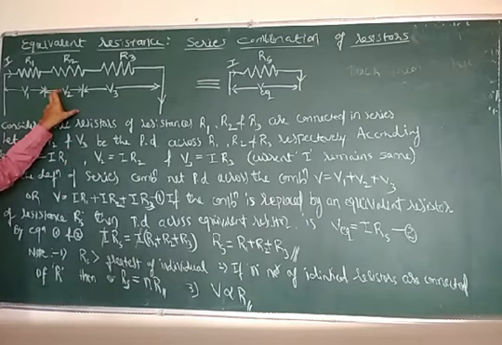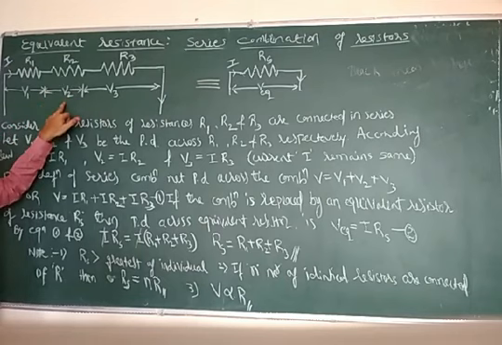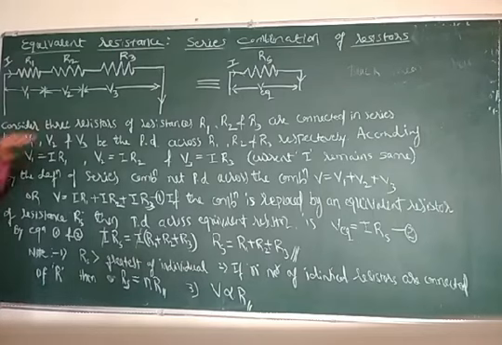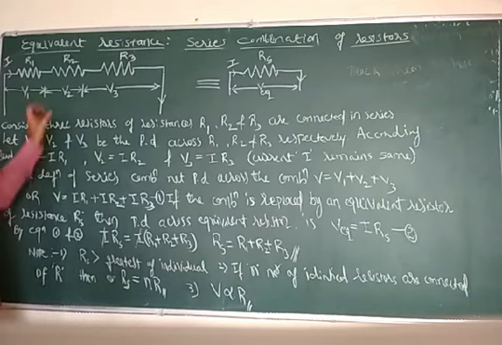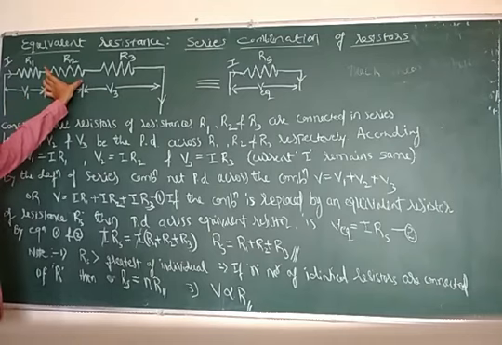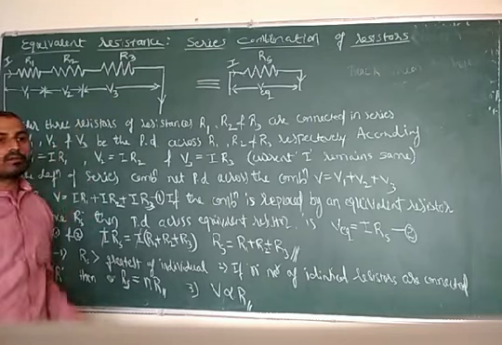V2 means potential difference across the second resistor. Potential difference means again the work done to send the current from one point to another point. Here, across the second resistor means the amount of work which is to be done to send the current I through the second resistor of resistance R2. Like this, potential difference across R1 is V1, potential difference across R2 is V2, PD across R3 is V3.